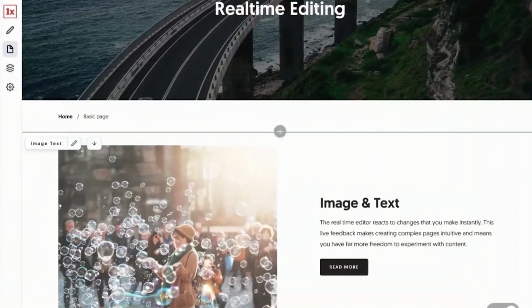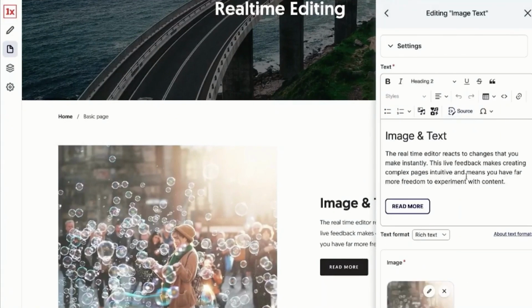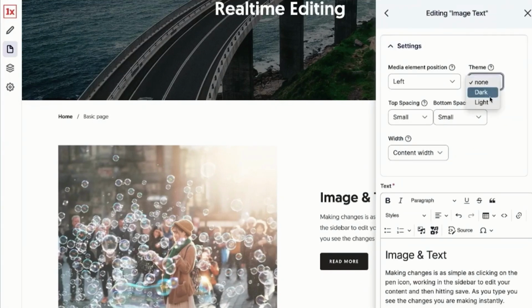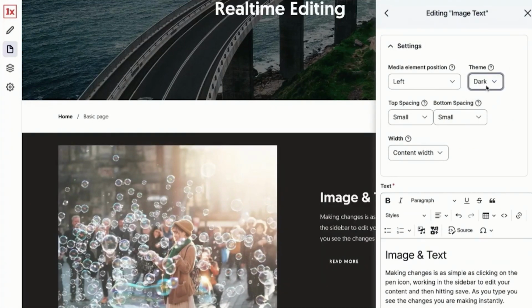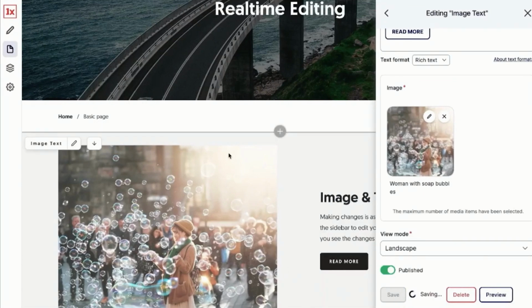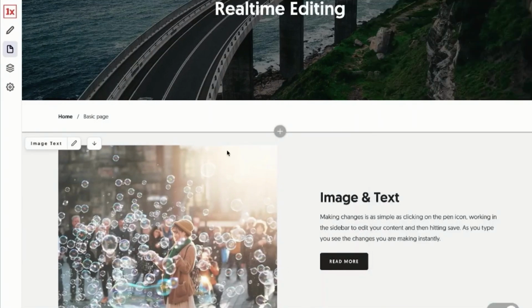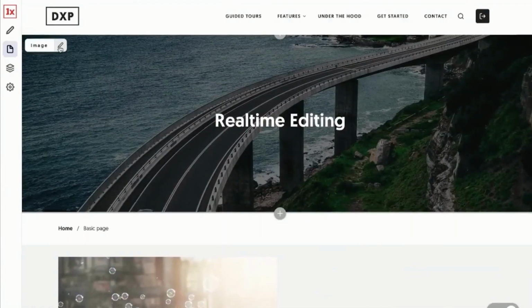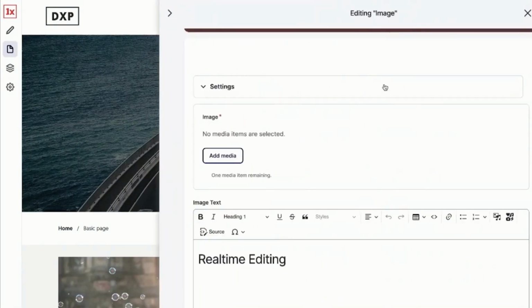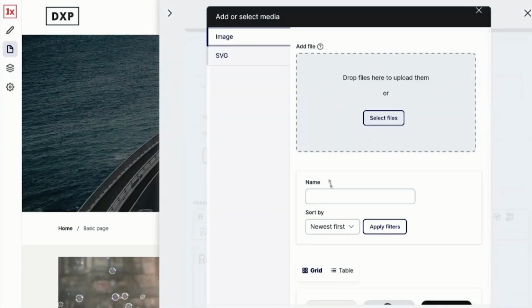Yep, so as you can see here, we have some simple text, but it can really be anything. We're editing these things here on our content page, and you can see these changes in real time. It works for text, for all sorts of different settings and images, and you can see everything in real time, without saving. You can obviously save at the end, but you can also see these changes beforehand and really have a preview without saving. Of course, as I said, it also works for images, really any content that we're editing here.